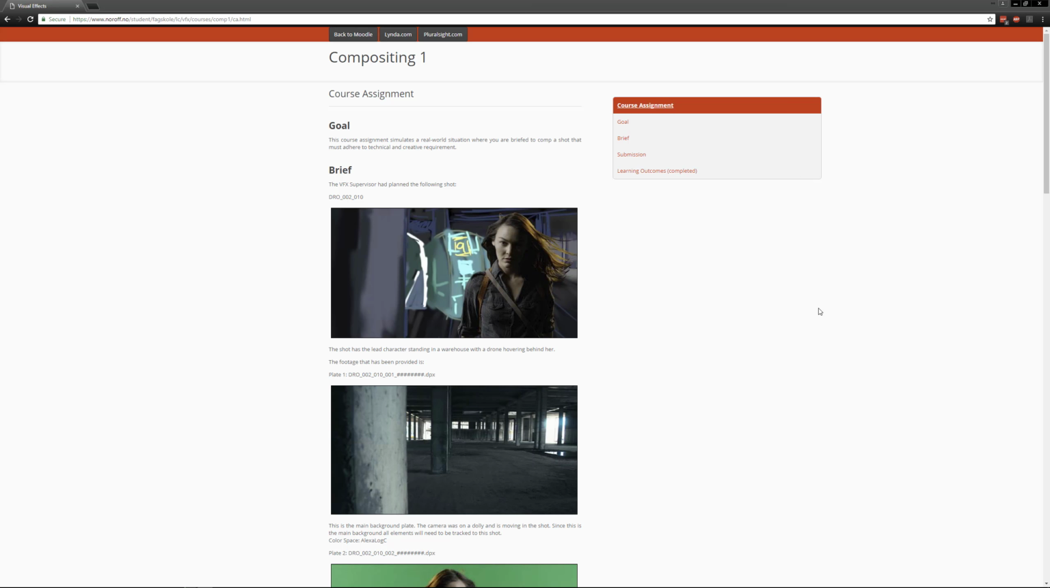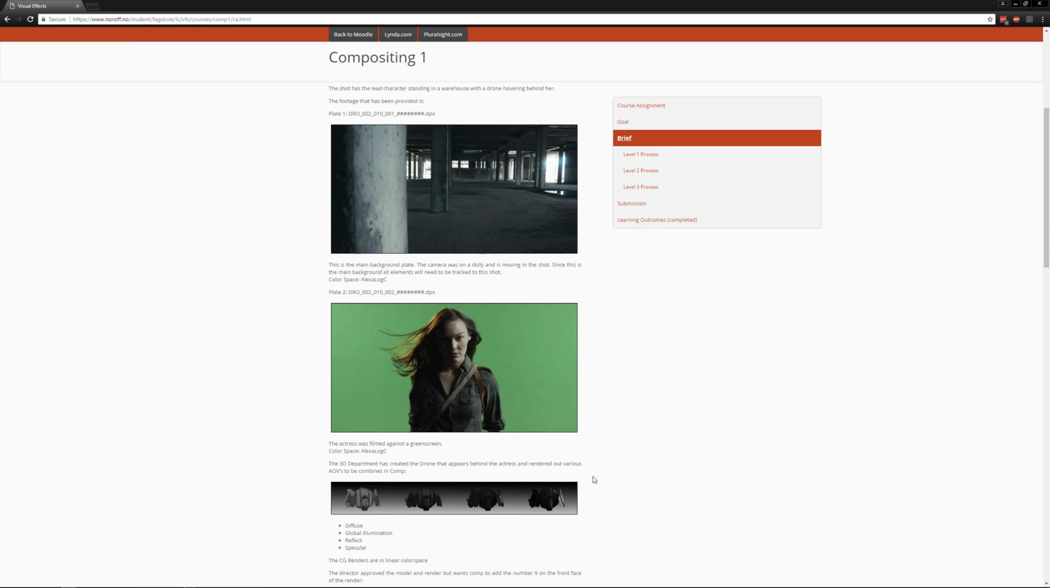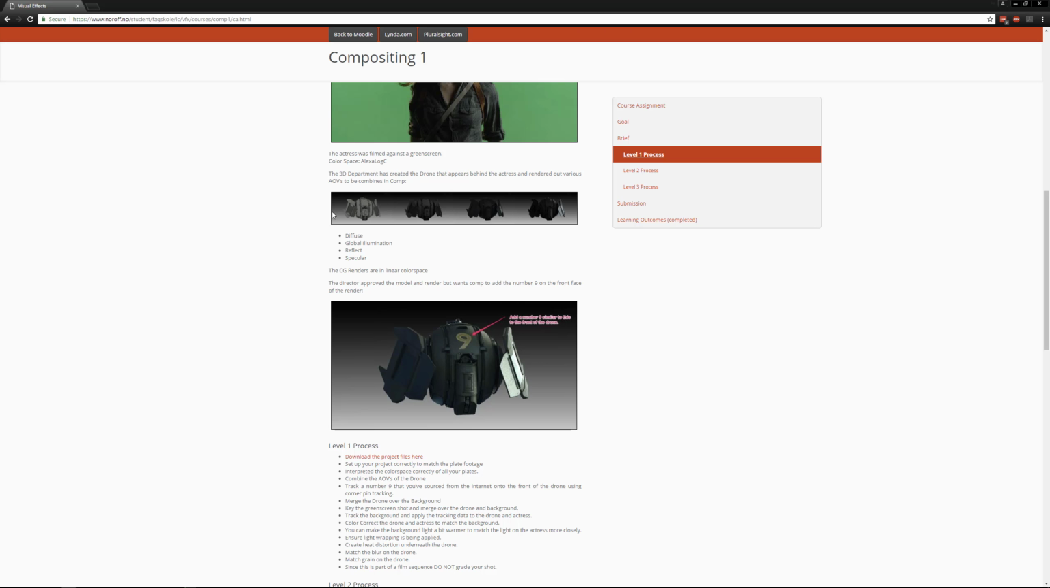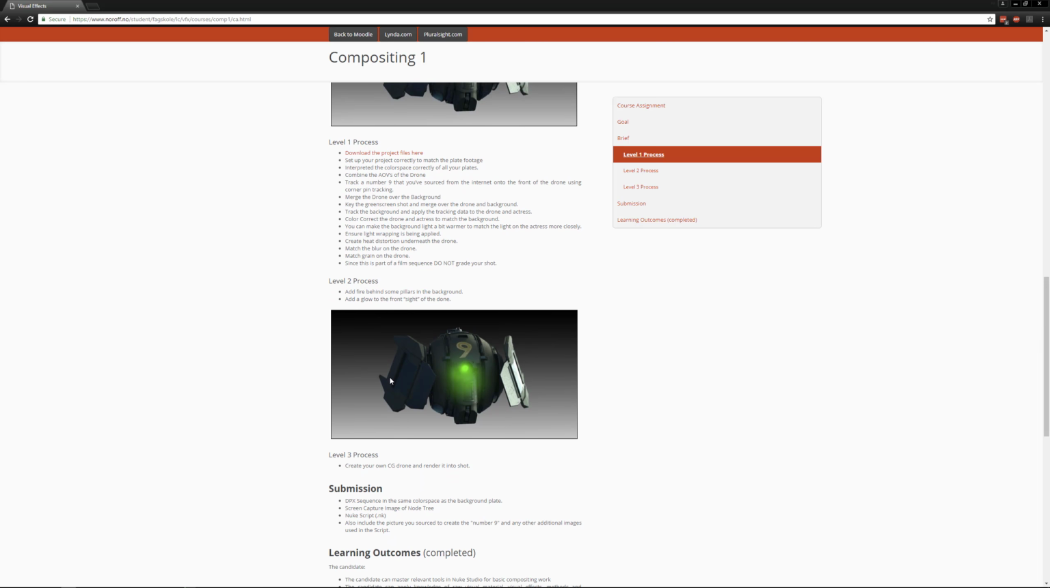Great, let's jump straight into the Compositing 1 course assignment, where the goal is to create a real-world situation where you've been briefed to comp a shot that looks like this. You've got this plate over here, you also have this plate over here, and you have this plate over here, or not the plate really, but the CG. And then you're also going to be adding the number 9 onto the drone,